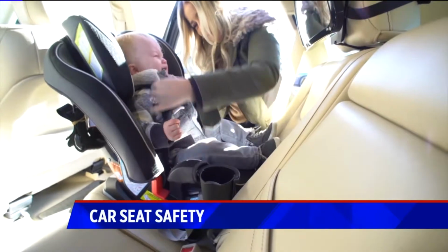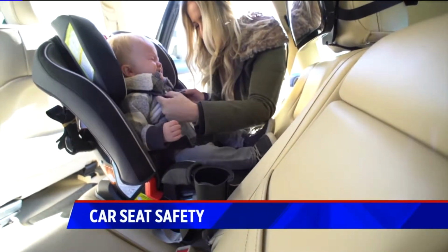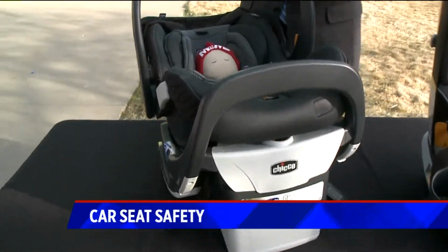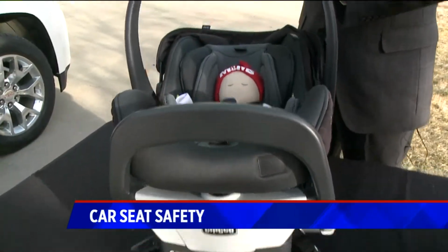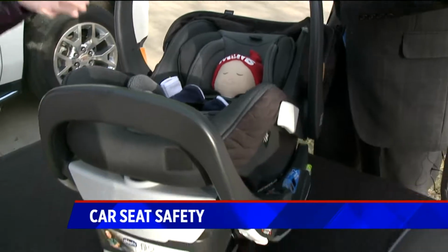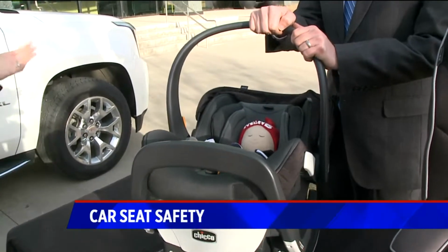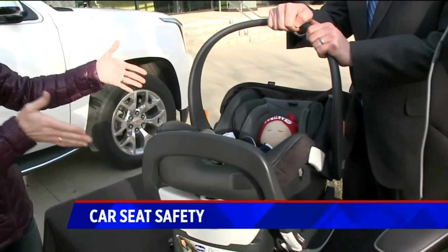You've got a couple of car seats over here. I mean, this is very typical, just going home from the hospital. So the carrier. This is what you're going to see typically. Most parents are going to choose this for their first car seat. This is a rear-facing only car seat. You can tell it's got the handle, the carry handle, the base stays in the vehicle. And then they would move on, in that we want to stay in that rear-facing position